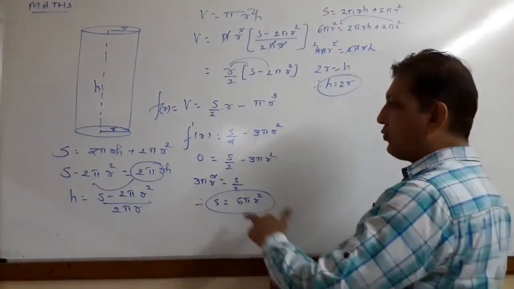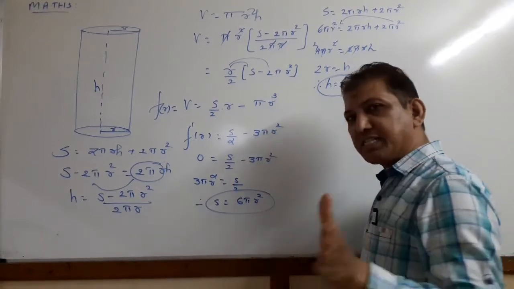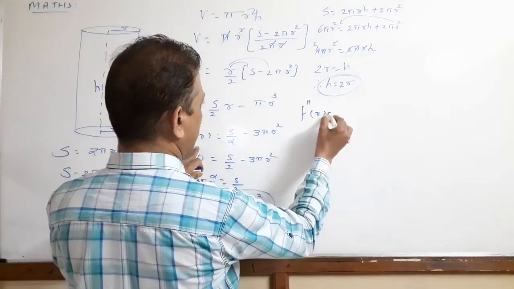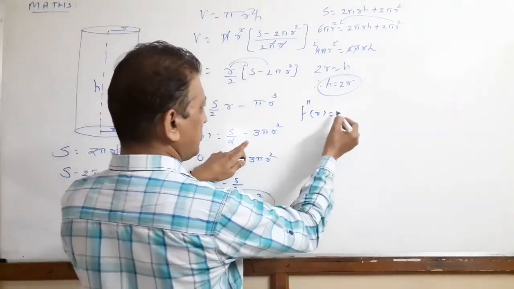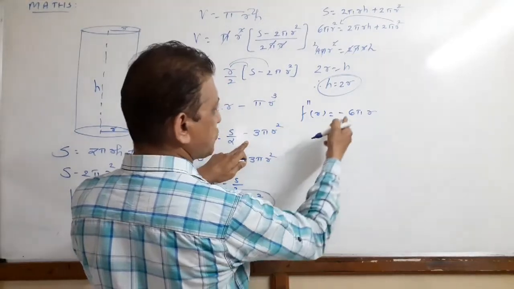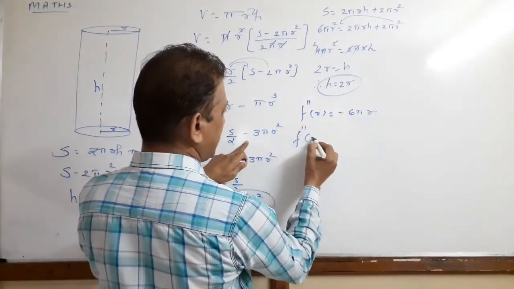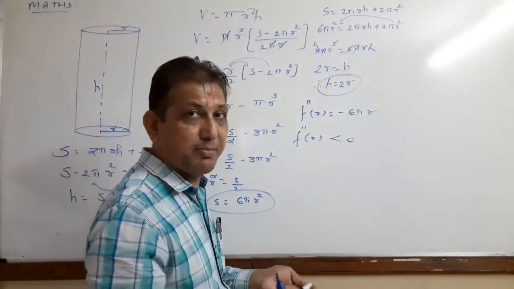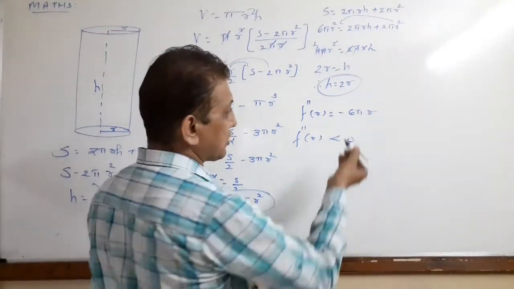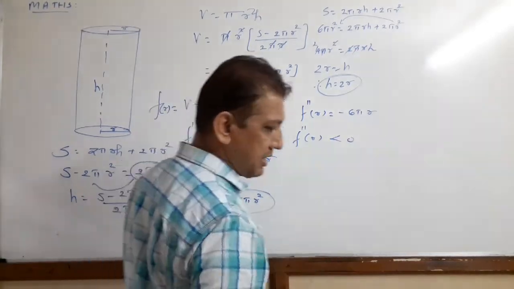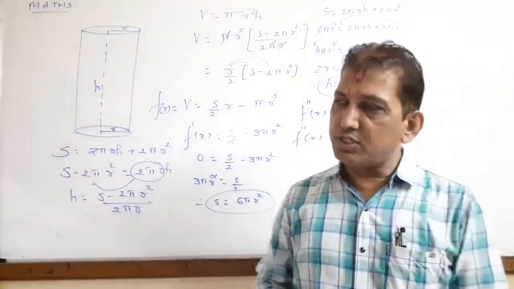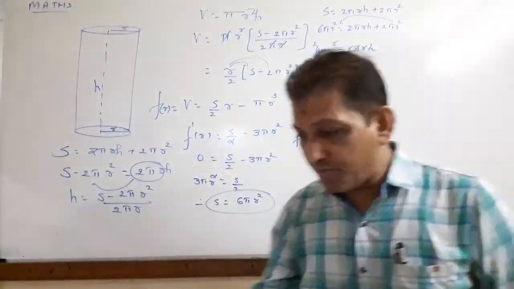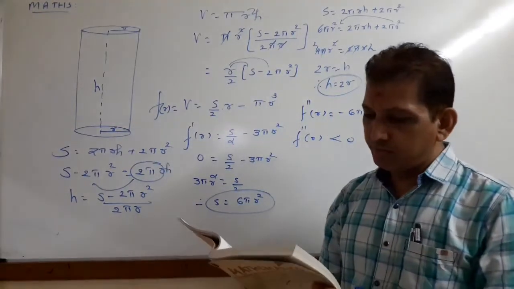Right? Now we take the second order derivative to check whether the answer is maximum or minimum. Now the second order, f double dash r. The constant becomes 0, so the answer is minus 6 pi r. You can put r as the radius. Radius can never be negative, so the answer is always negative. So f double dash r is less than 0. And when it is less than 0, we write the statement: local maximum value exists. We prove here the maximum volume.